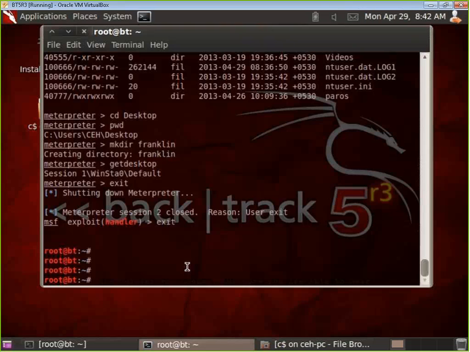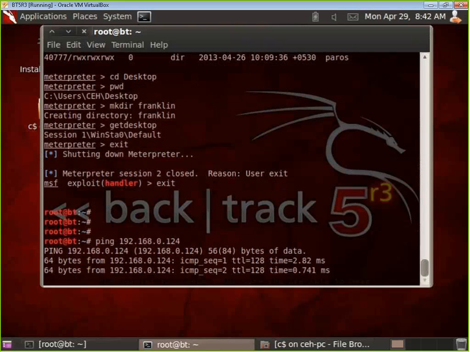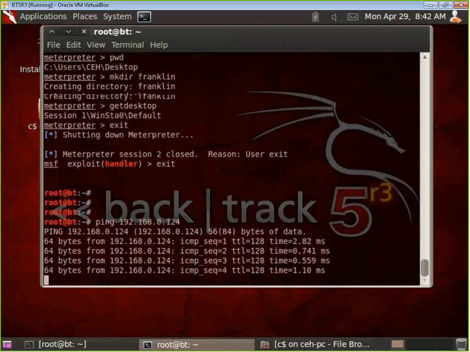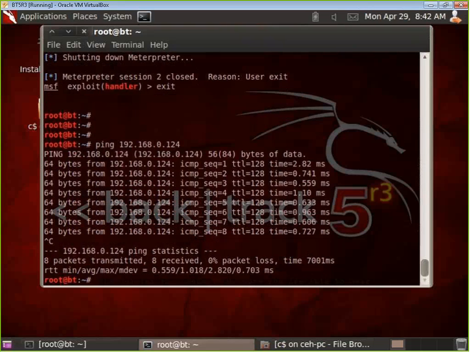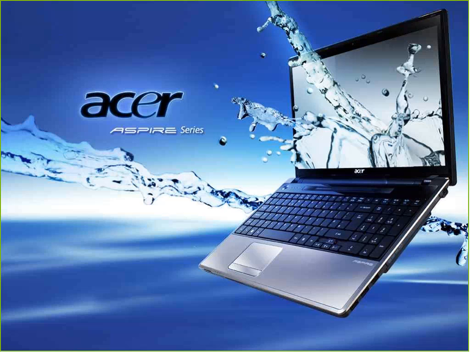okay, and if I try to ping the IP address of 2003, that is 192.168.0.124. Okay, it's still pinging because ICMP is being allowed through the firewall. You understand that? Okay, but let me just show you an example of the same. I'll just go into 2003 server,